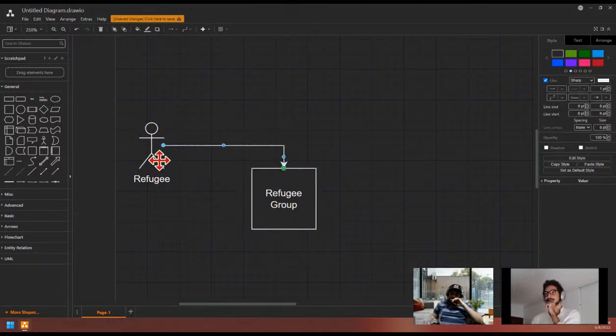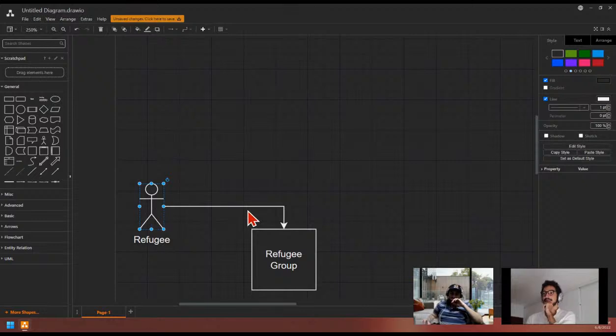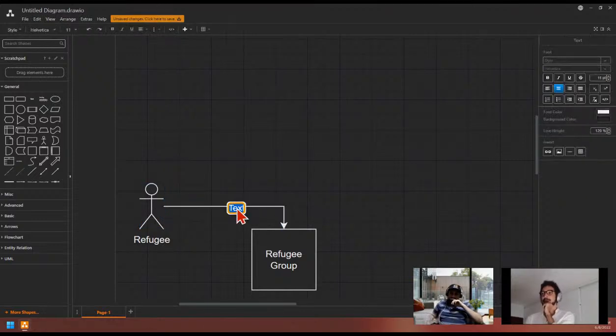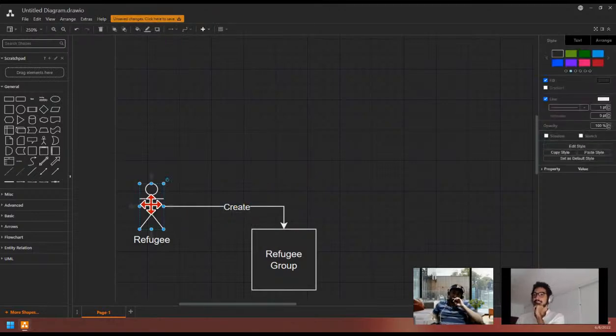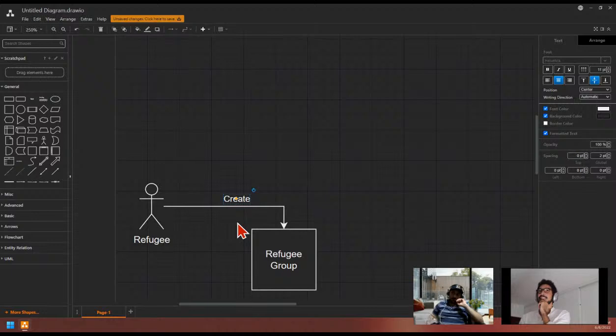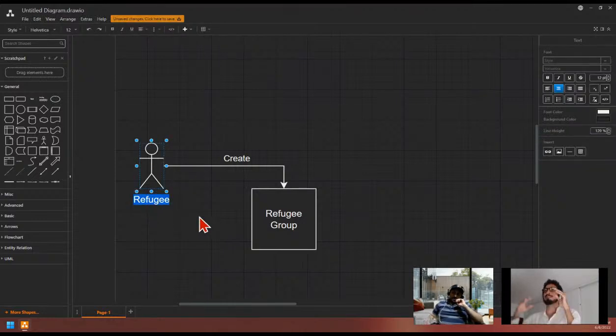Yeah, but I'll consider him an actor, someone who uses the system, and he creates. First of all, he registers, so he has an entity. When you are doing this, it's not a refugee, it's a user. So you are mixing